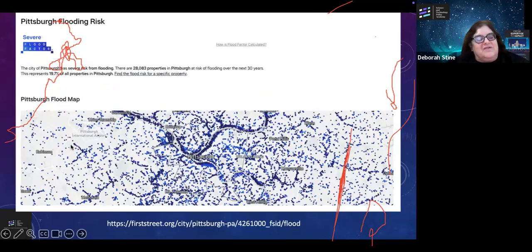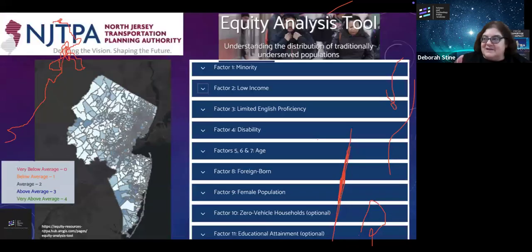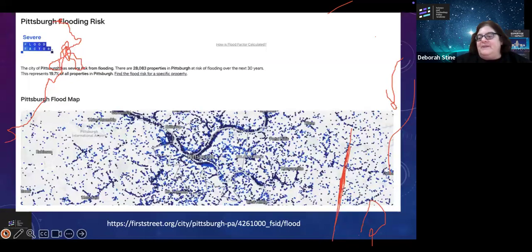But you'll see here that there's also flooding in these outer areas. To give an example, I live in one of these outer suburbs of Pittsburgh, but because of a flash flooding incident, we actually had a woman who died about a mile or so from my house because of a flooding incident.